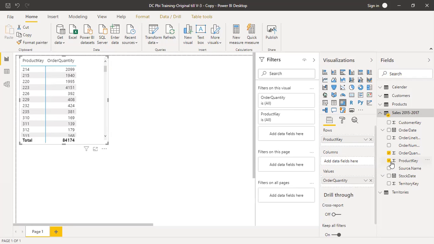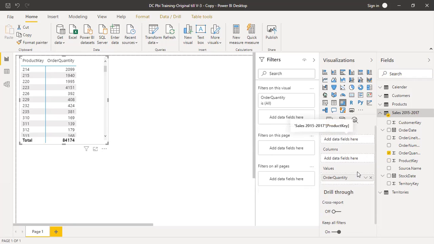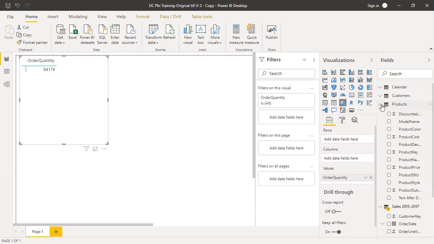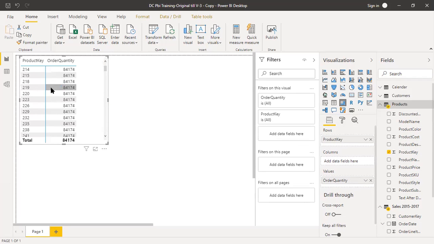But what if I don't have product key over here? I cross it and I go to products, which is my dimension table, and sales 2015 to 2017 is my data table. Data table is also called the fact table, where we have all the facts, all the data. So from the dimension product table, let me click product key, hold it and drag it in rows. Now you see it says 214. There are so many product keys, but the order quantity is all